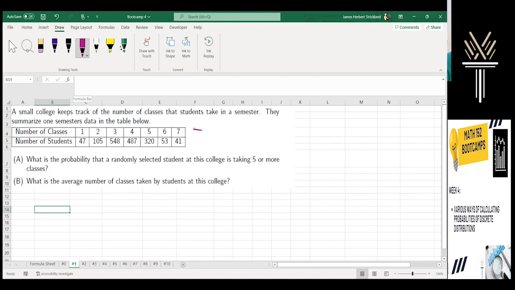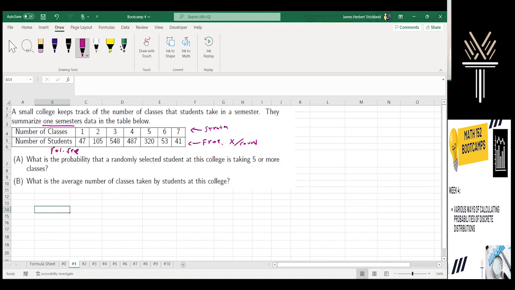So up here is our strata, our categories, and down here is our frequency. Nothing new from the previous unit. They essentially have 7 classes of strata, 1, 2, 3, 4, 5, 6, 7, and then we have frequencies for each category. And we're looking to find out the observations out of the total count. That's our probability, right? So in this case, we're looking at what actually happened. This is actually from a real semester, supposedly. So this is a relative frequency,